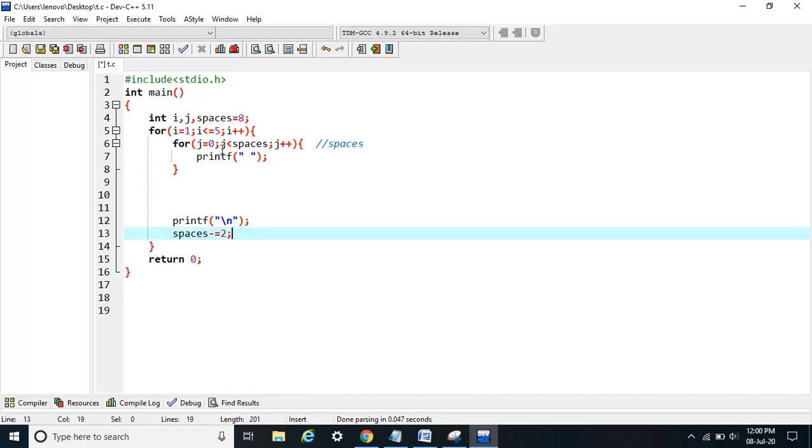So for the second row I will have 6 spaces, for the third row 4 spaces, for the fourth row 2, and similarly for the last row I have 0 spaces. So this will be the logic for the spaces: take the initial value of spaces as 8, and after each row reduce its value by 2.